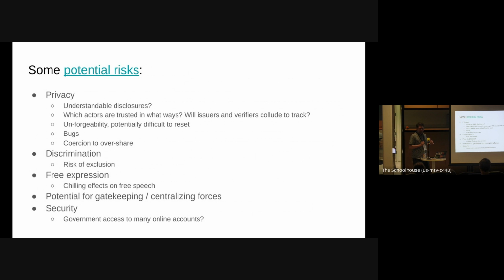As stakeholders in the web, what's the browser community's opinion on that kind of stuff? One I've heard a lot from Mozilla is discrimination, right? You could imagine, for example, if 80% of the countries in the world have a digital identity system, and then maybe all of a certain class of content online moves behind these kinds of walls. Well, what happens to the people who can't get these digital identities? Either they're not offered by their state, or maybe they're undocumented or something, right? There's a real risk that, if you live in a smaller country, maybe websites only accept credentials from the biggest 100 countries or something.